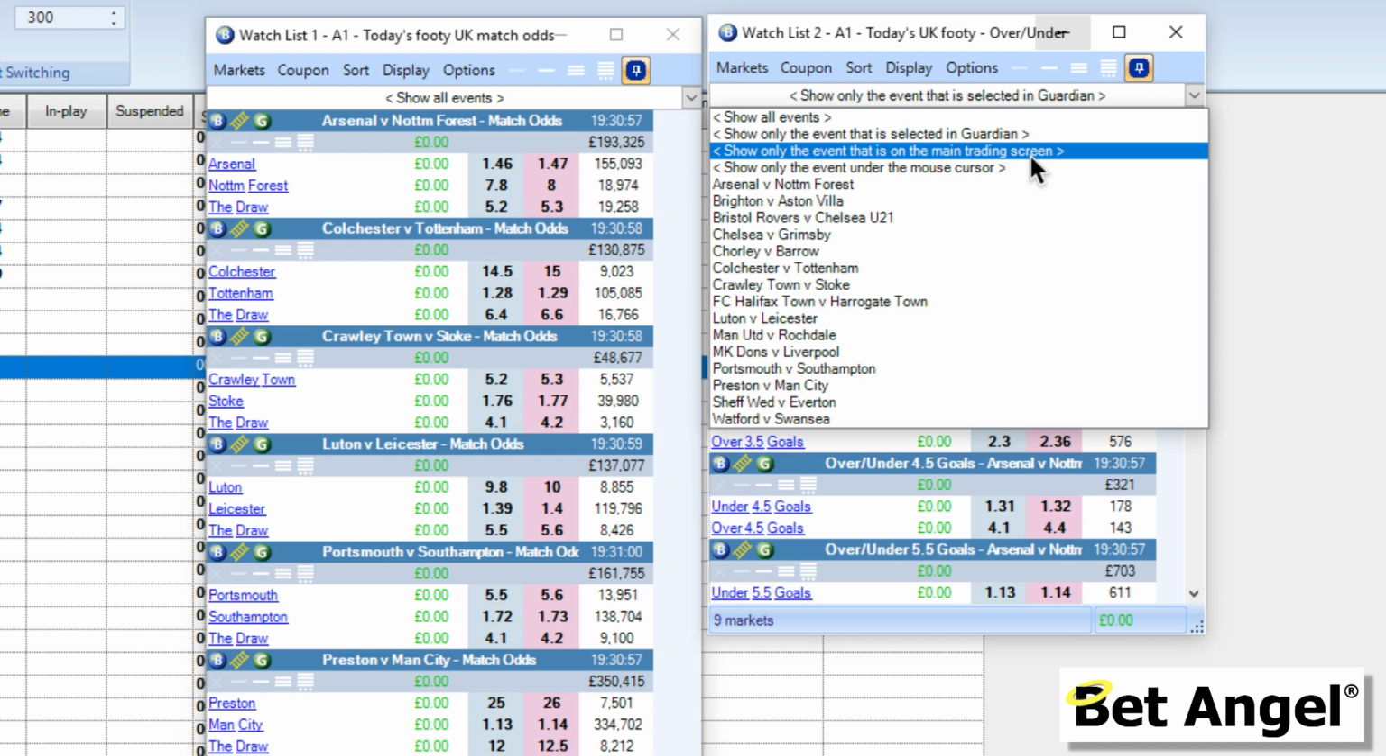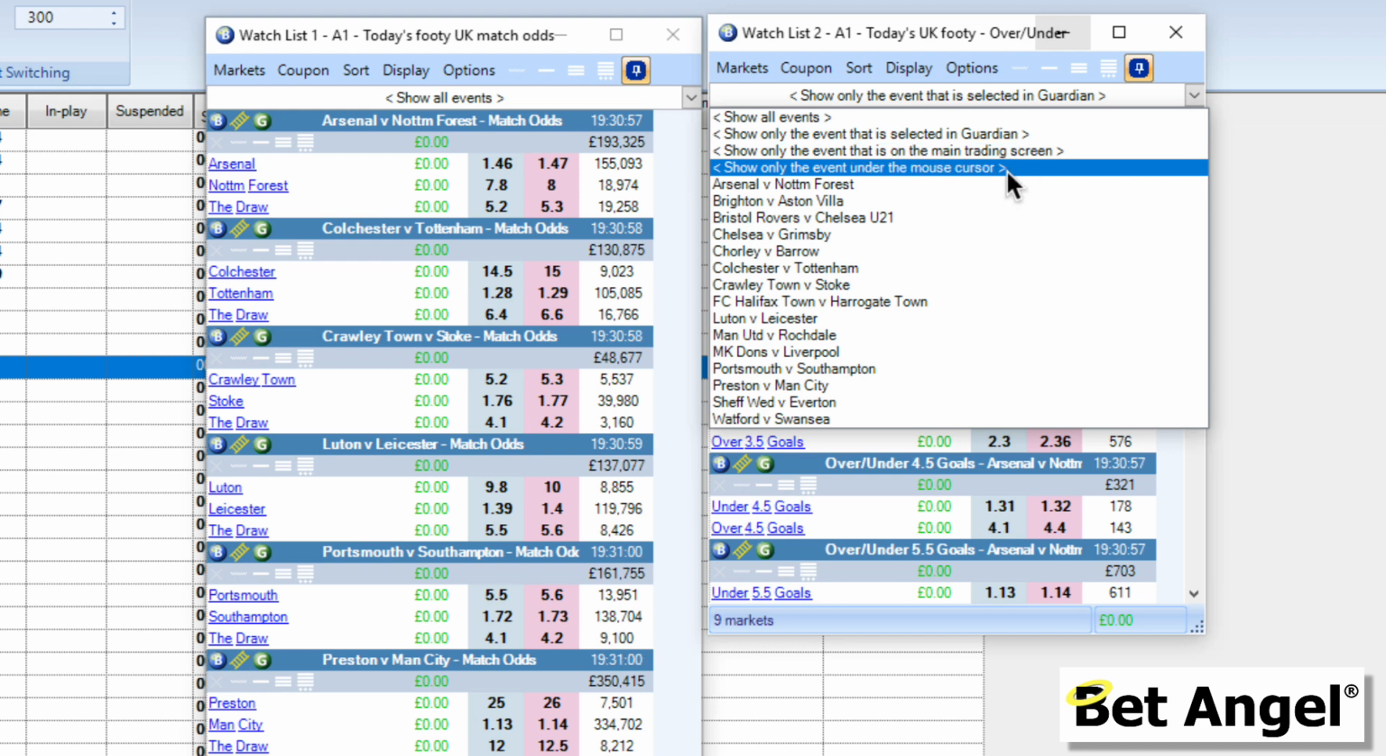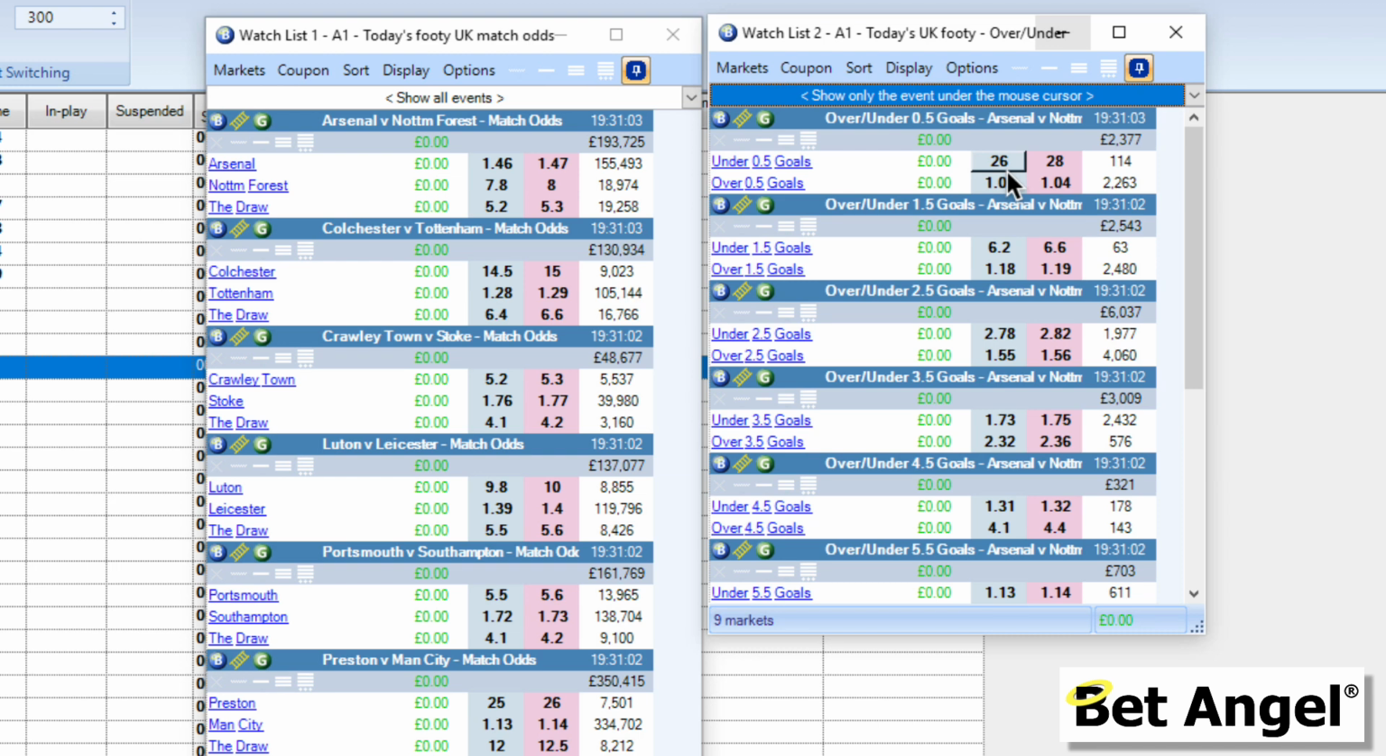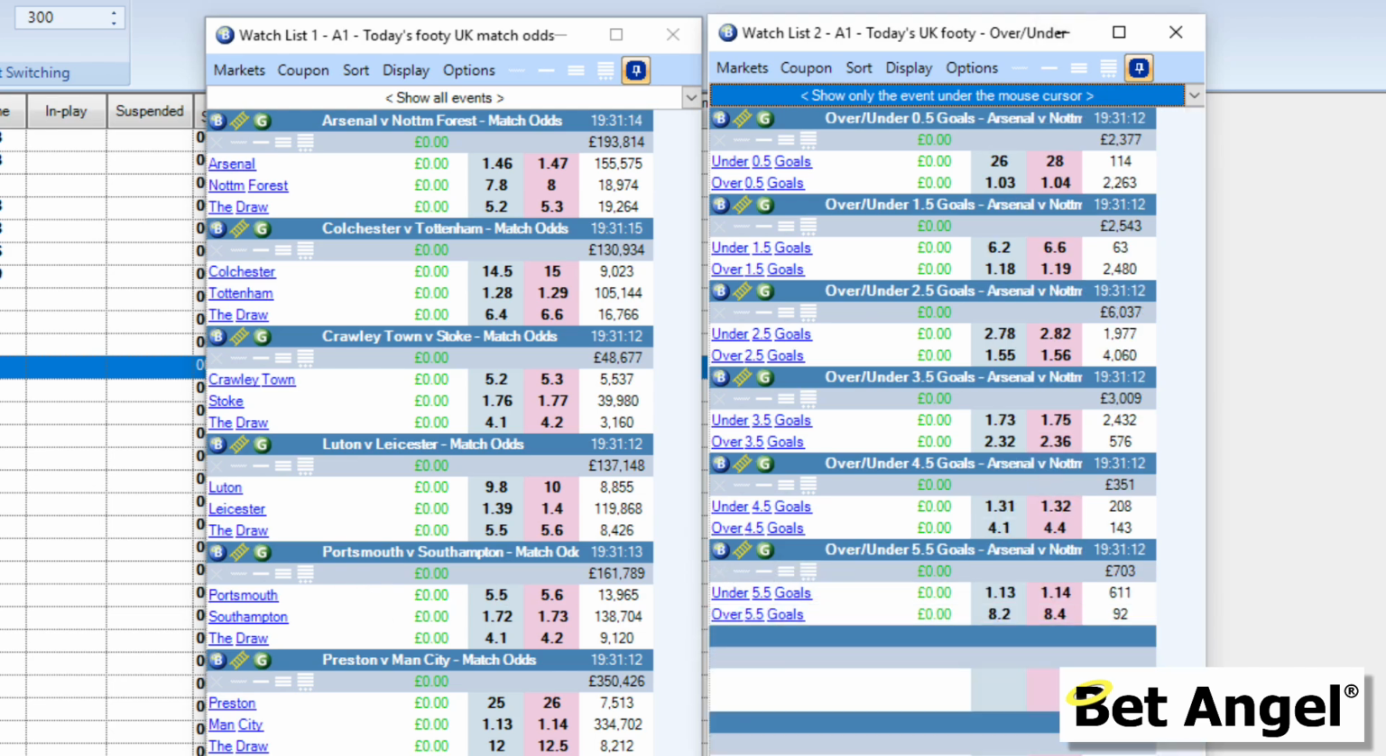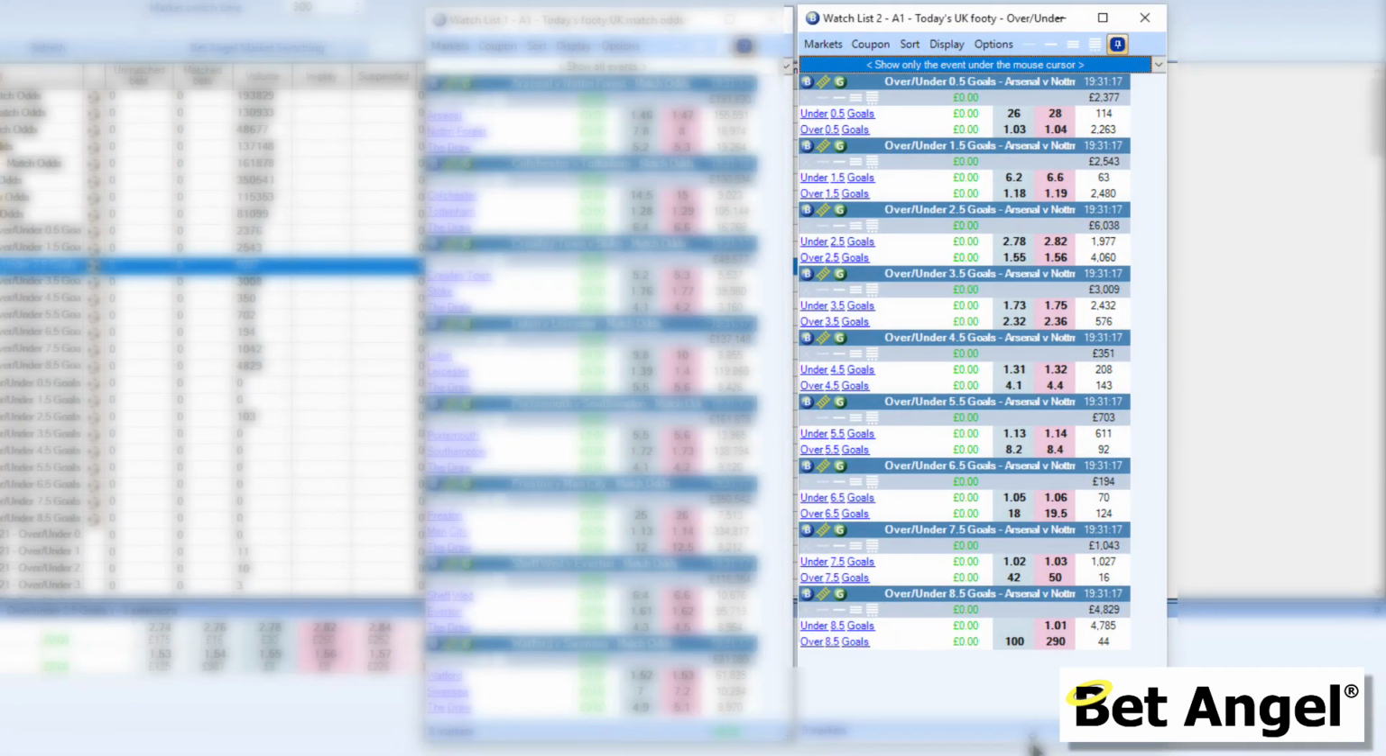But what I'm going to do on this occasion is say show only the event underneath the mouse cursor. So what will happen now is if I move around on here, then this will change the other watch list. So we're working in one watch list, but it's automatically changing all of the information over here. If I just expand this so we can see all markets and get it neatly aligned next to each other, you can see that as I move backwards and forwards, all of the information is changing